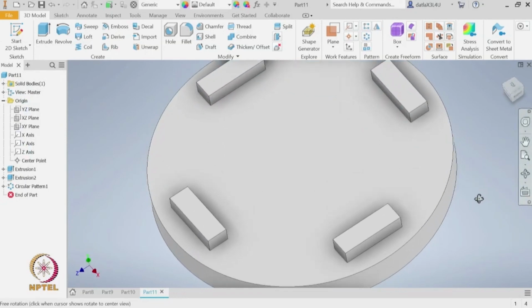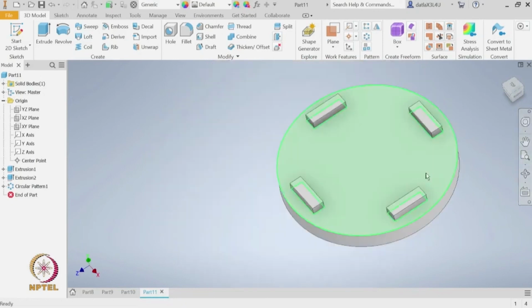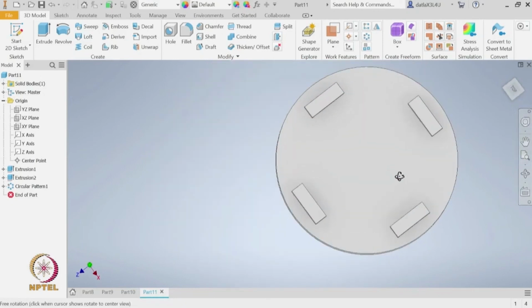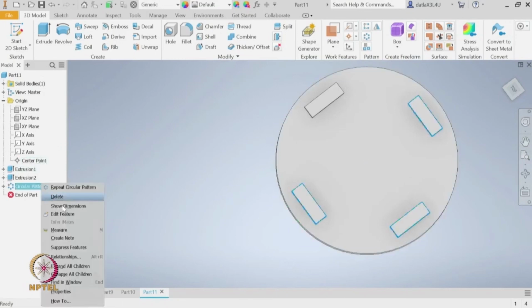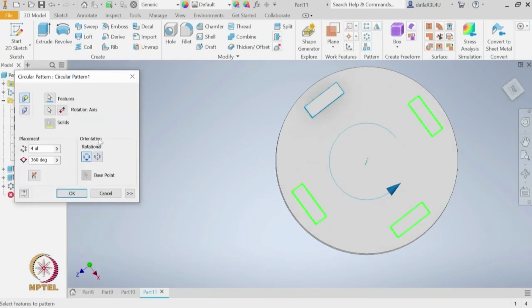So, now we have created 4 duplicates. Let me now go to the edit feature of this circular pattern and see what happens if I change this orientation. The orientation has 2 options, one is rotational and second is fixed. In the rotational, essentially when this second duplicate comes, the first feature is rotated, the orientation changes, but in the second option, if I say it is fixed, so let us say if this rectangle's length is along the x axis, the same x axis will be maintained for all the duplicates,